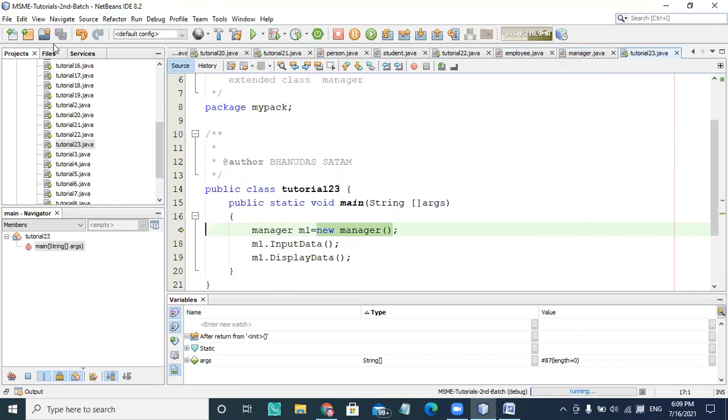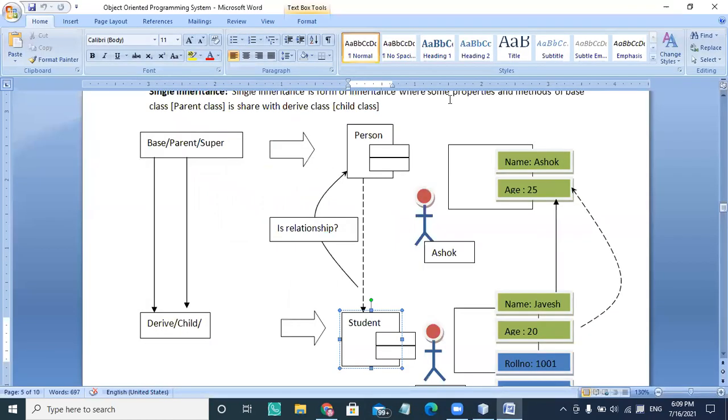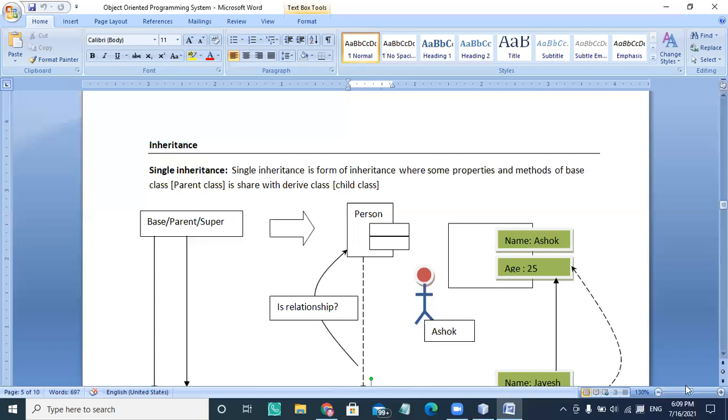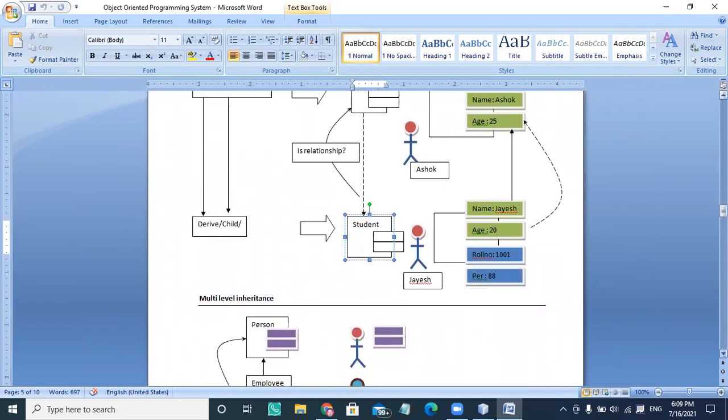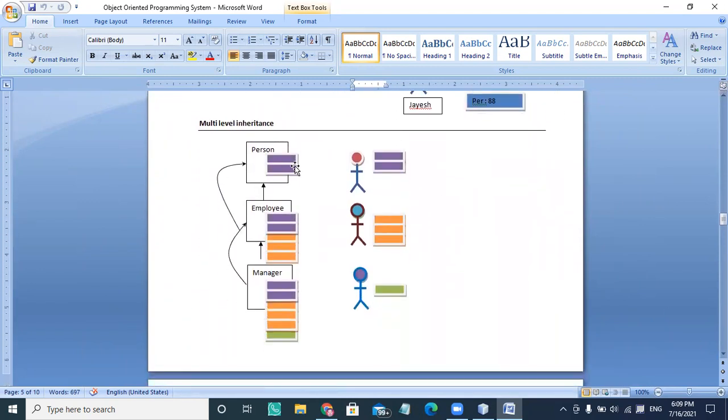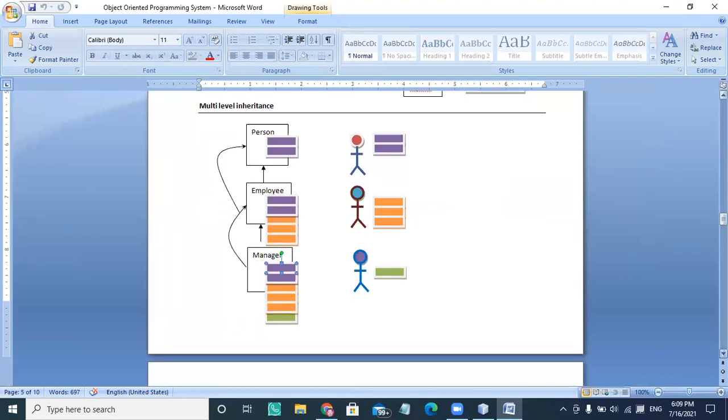So this is all about the inheritance which we are talking about. I already explained in the notes, and you will get those notes soon. So this is the inheritance base class, and this is multi-level inheritance. See, these are the data members I'm talking about: name and age. Name and age are available to employee also, and this is employee ID, employee post, and employee salary. And this is incentives for manager. So manager has all the data members of its super classes, or senior super classes.